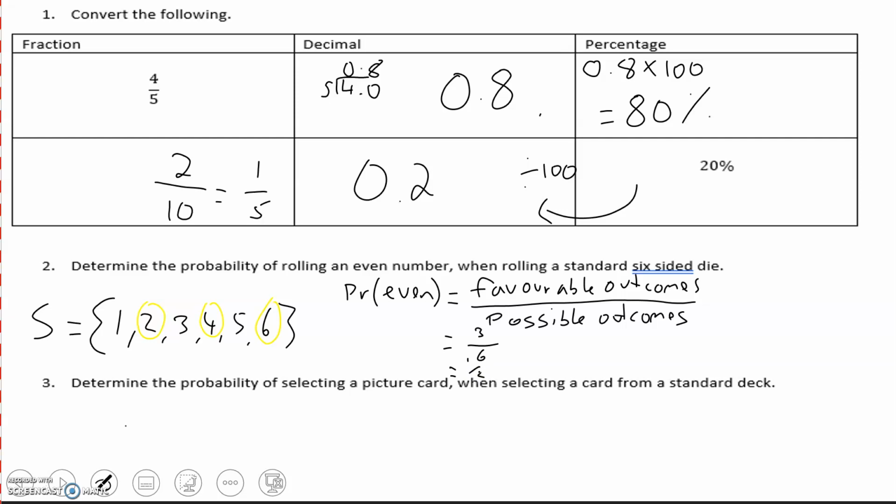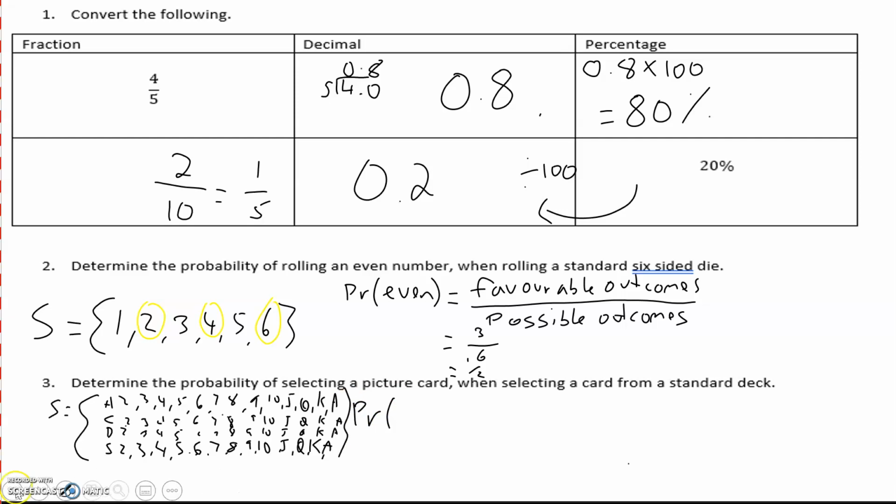Our next example is to determine the probability of selecting a picture card when selecting a card from a standard deck. Now, we remember from our previous worked example what our sample space was for our cards. So I'll write that on this slide. And so the probability of getting a picture card